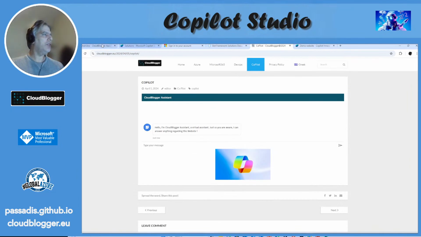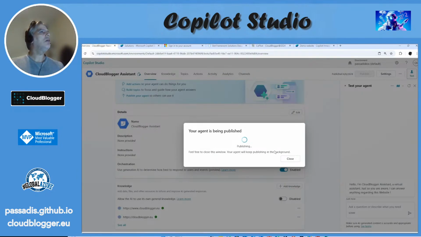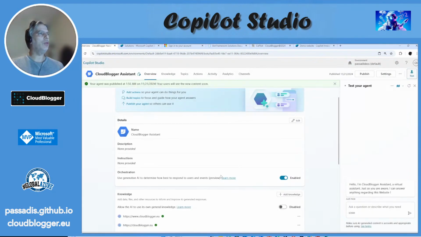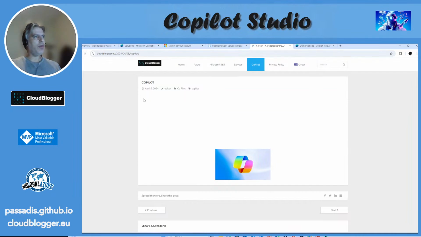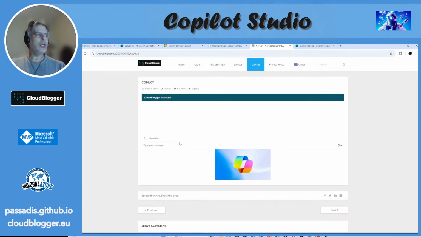Okay, the live agent, let's say, and we just clicked here: use generative AI to determine how best to respond to users and events. An enhanced answering process. I'm going to refresh the page just for the embed to get the latest, but in every interaction,